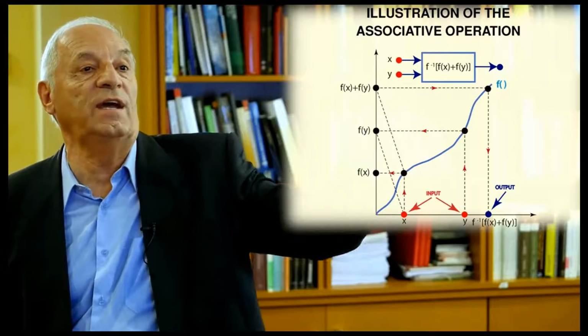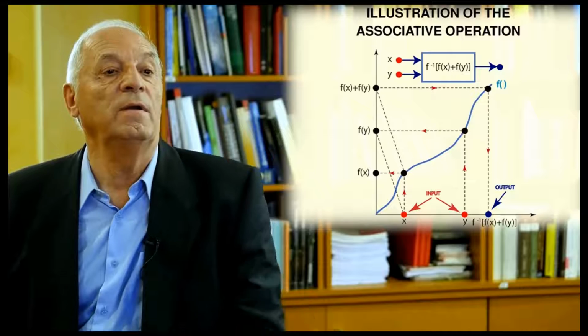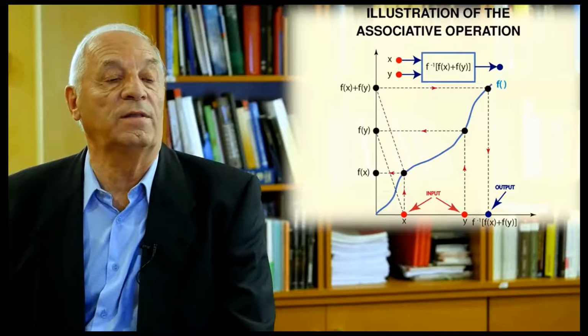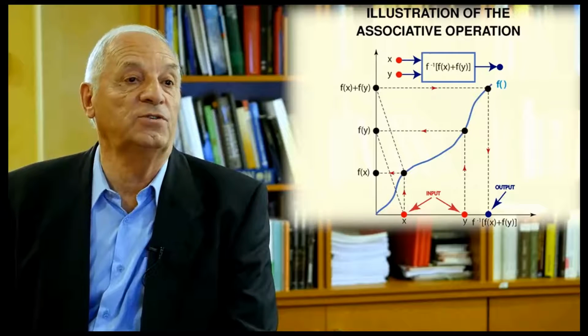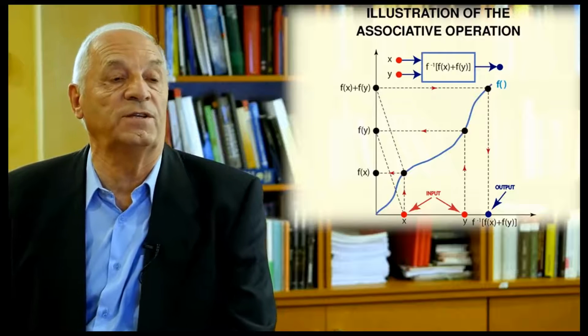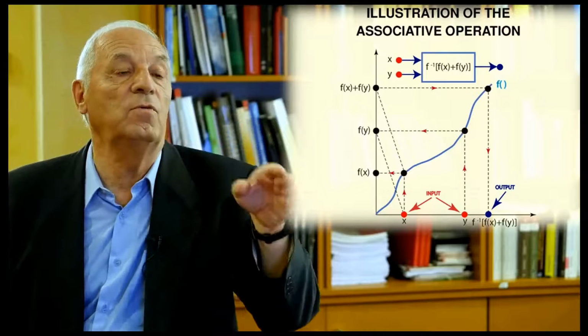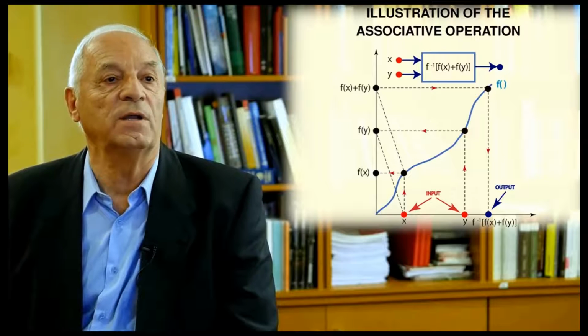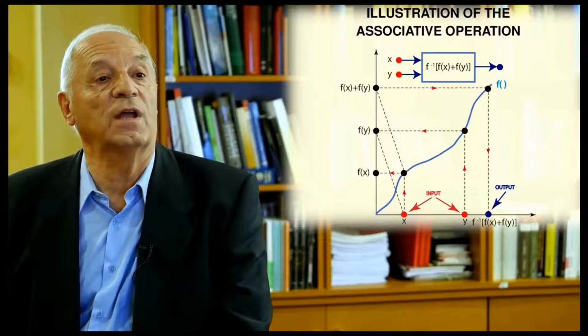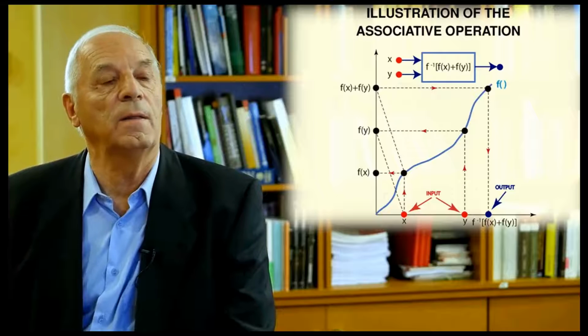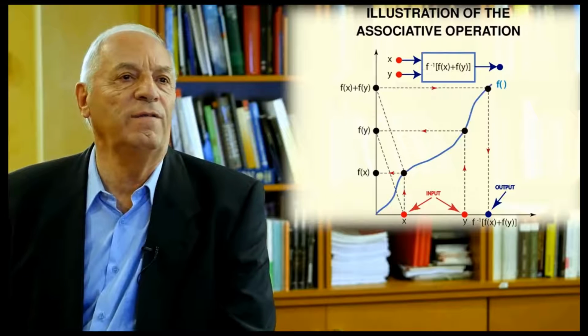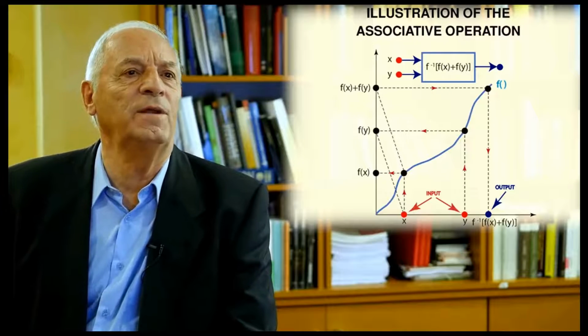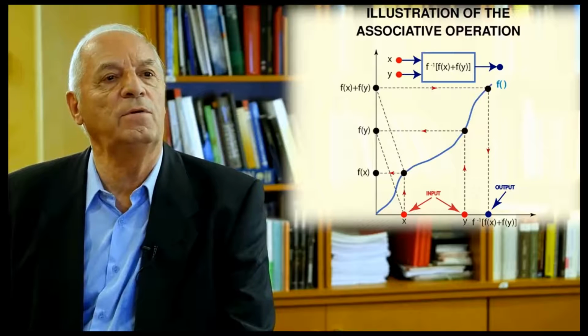So you enter on the other side, and then you obtain down the value of the result. So this is a graphical illustration of all associative operations. If you change the blue line, you get different associative operations. Of course, this function needs to be increasing. But the funny thing is that for the first time probably in your life, you have been able to see